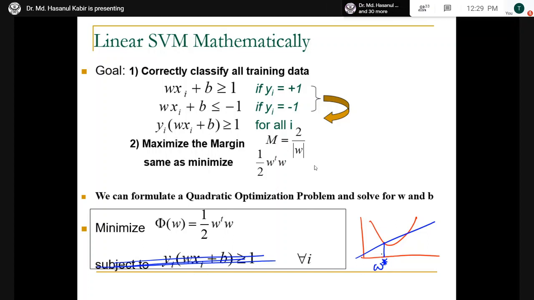The solution should incorporate and fulfill this particular condition. That means basically we now have a quadratic optimization problem, and not only is it quadratic, it's also a constrained quadratic optimization problem. Okay, now next, since I want to find the solution, what we have to do